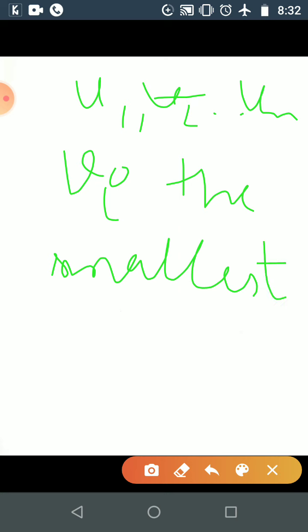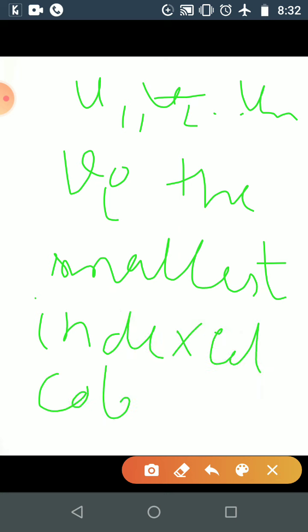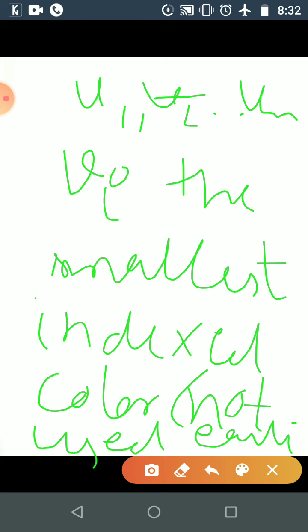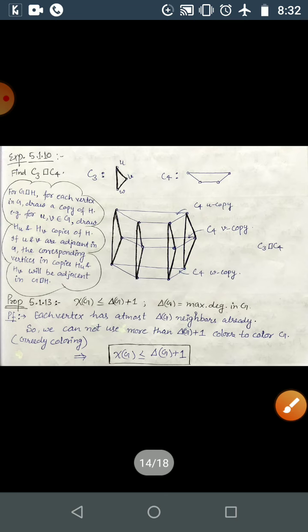So here V1, V2 and so on up to Vn, you are assigning to Vi the smallest index color, the smallest index color that is not being used earlier, for the proper coloring. So the smallest indexed color that is not used earlier. Okay, so that is the greedy coloring, and this gives you a bound on the chromatic number of